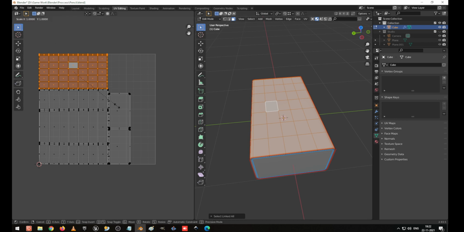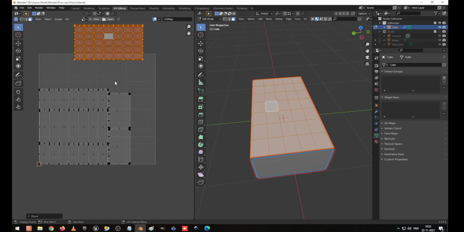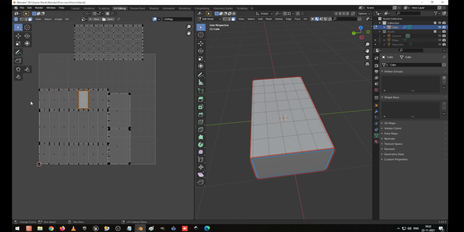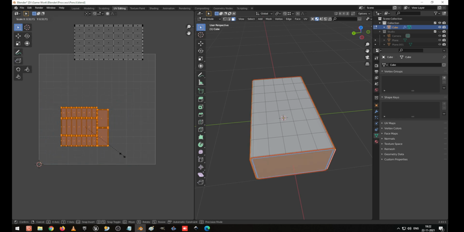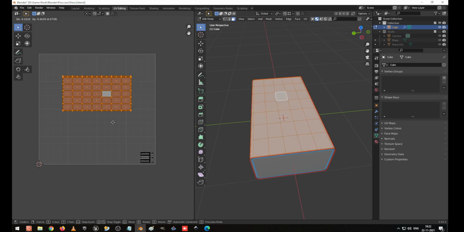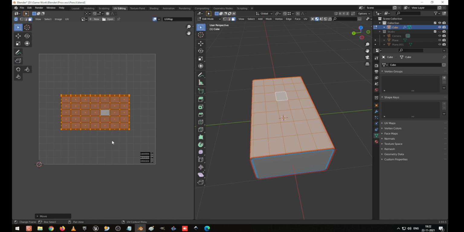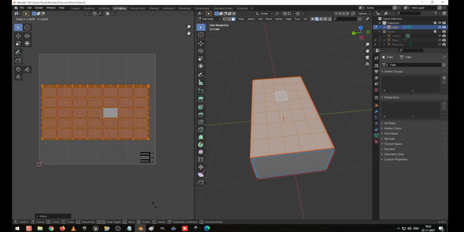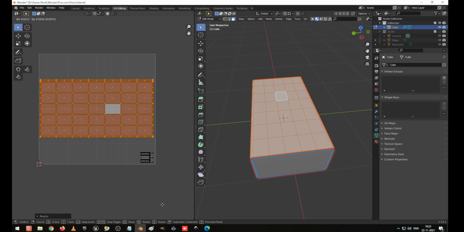So I press G to move, and I select everything using a box select, and I scale it down very small because it is not required for us. I move it to the corner, and I select this one, I press Ctrl L and I press G to move, and I scale it up, and I press G to move again. I am going to make it this big. So this is 1024 pixel.